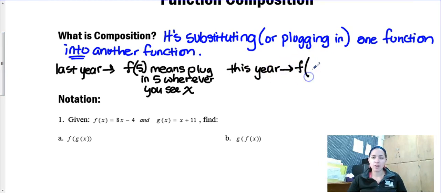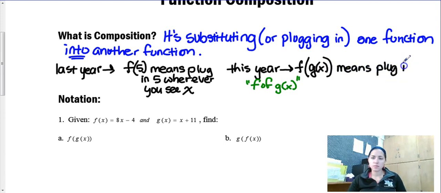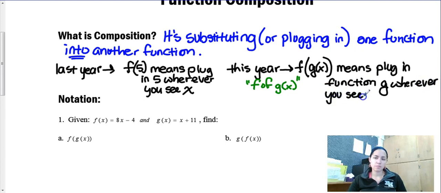Let's say I said f of g of x. F of g of x is how I would say it out loud. It means plug in function g wherever you see x. And I want to use the language first, and now we're actually going to see what this